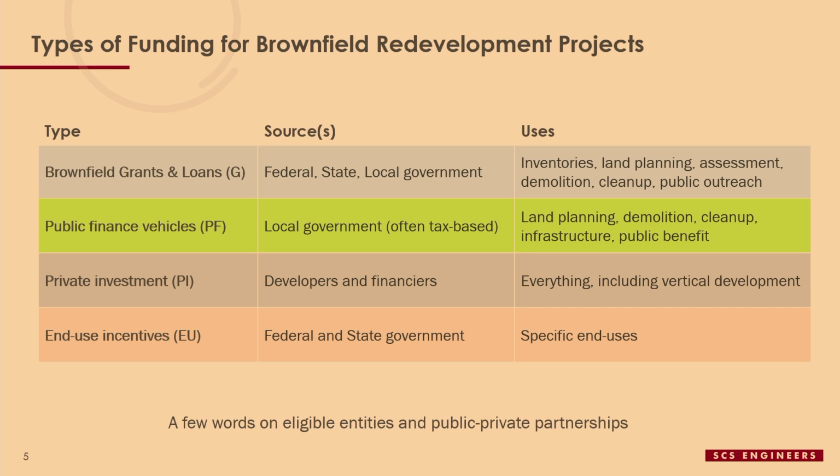So in the matrix that I held up a minute ago and have since lost, we tried to do an alphanumeric code for every funding source there. So grants is a G. They're numbered 1 through 33 or whatever the number is. So G1, G2, G3. Public finance vehicles, PF1, PF2, and so on. We did that. That has no meaning at all, other than just a way to organize the overall database